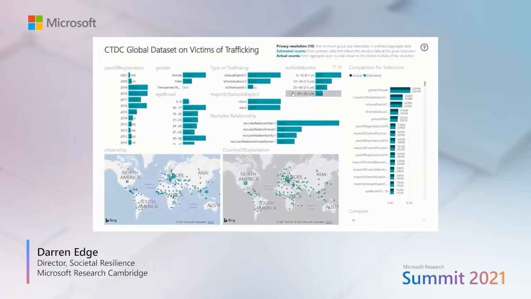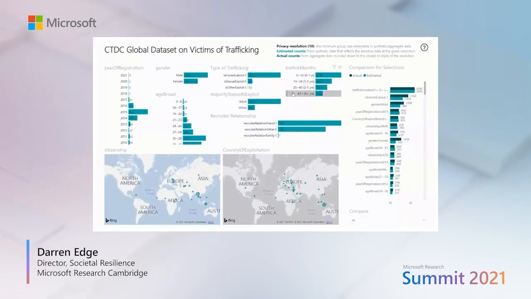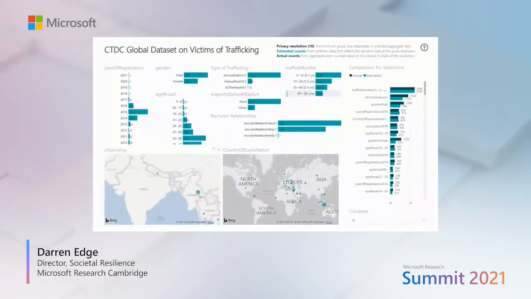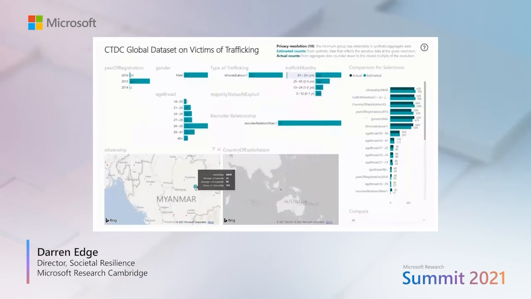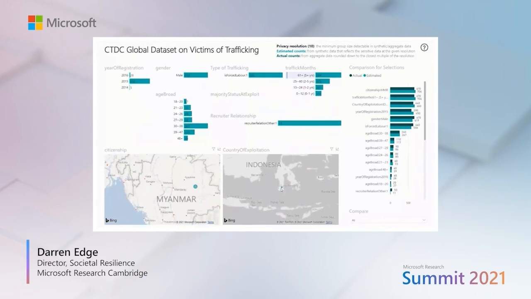So finally, let's have a look at victims who've been trafficked for a very long time, 5 or more years. And again, taking a global view, we can see that this appears to be quite a problem for citizens of Myanmar who have been exploited in Indonesia. Okay, so again, this is not conclusive evidence of anything in particular, but it's an exploratory form of analysis that generates hypotheses you may wish to then go and evaluate using other tools, which we'll get to next.